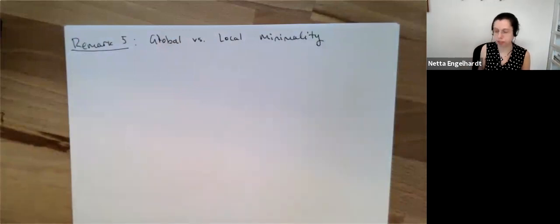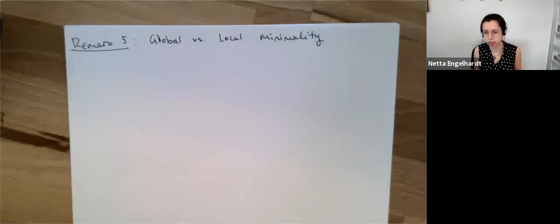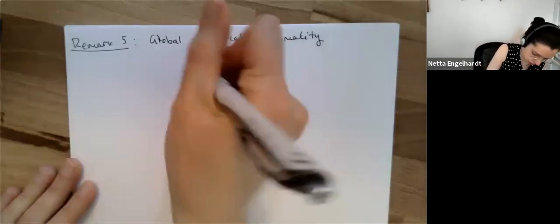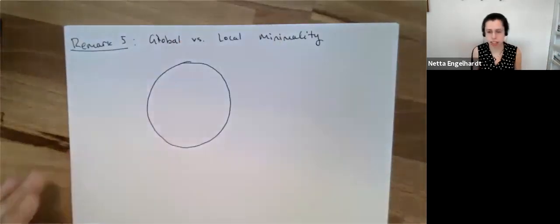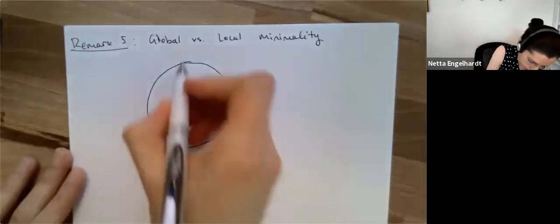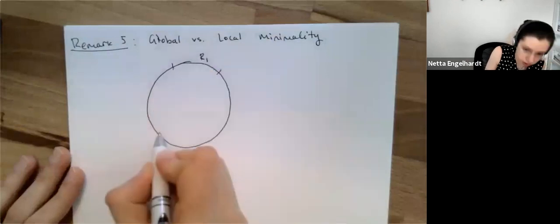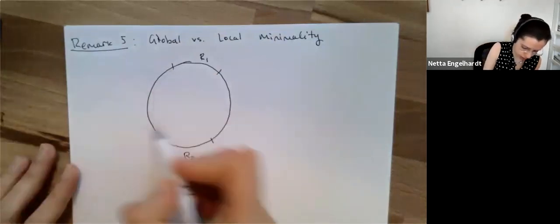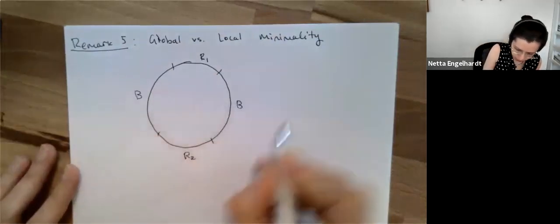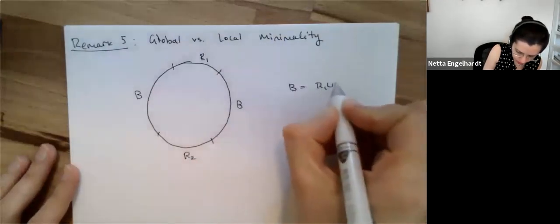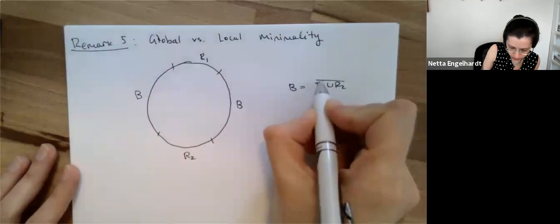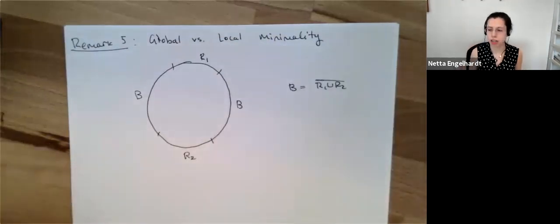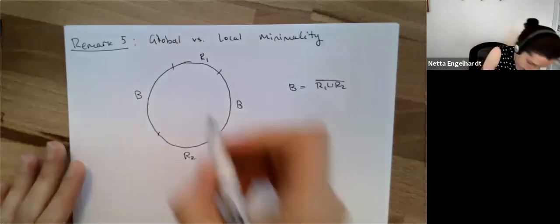So suppose that we're interested, for example, in the case of 2 intervals in AdS. So this is a static slice of AdS. And suppose we're interested in the union of the intervals R1 with R2. And I'll call the remaining pieces just B, so that B is equal to the complement of R1 union R2. Well, we have 2 different candidates for the minimal surface for R1 union R2. We have this possibility,